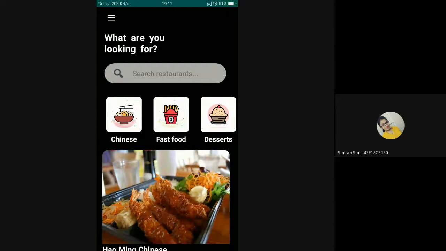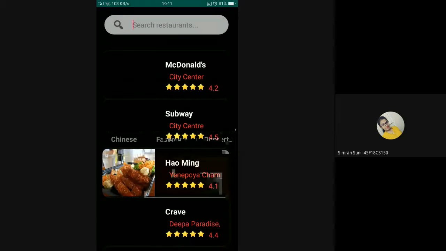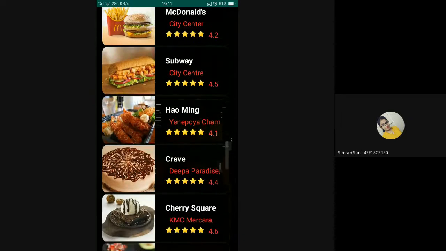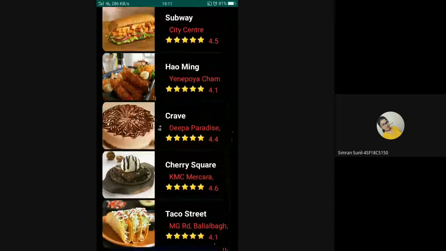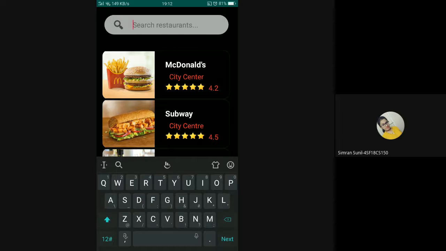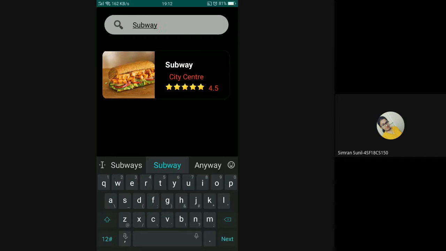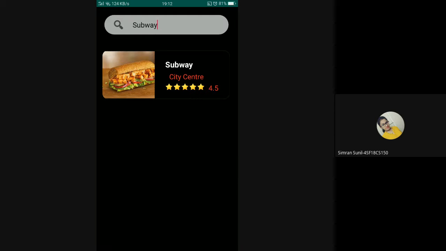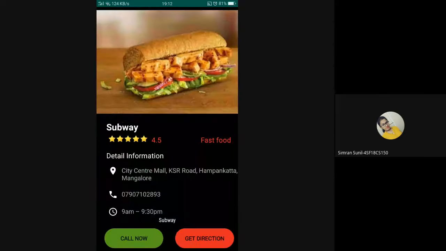And then you have a sidebar too present here. First I'll start with the search feature. If the search bar is empty, it just displays all the restaurants in the list, which is being fetched from the database. The database which we have used here is Firebase Firestore. So all the data is being stored there. Now, if I enter the text or the restaurant name, by clicking on that, it will display all the